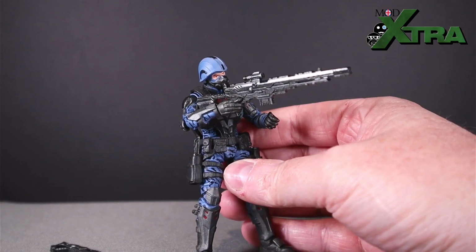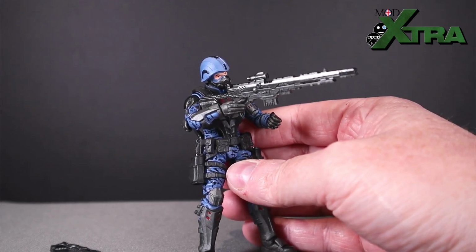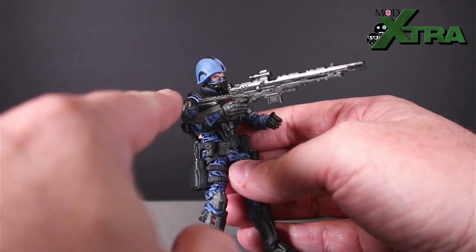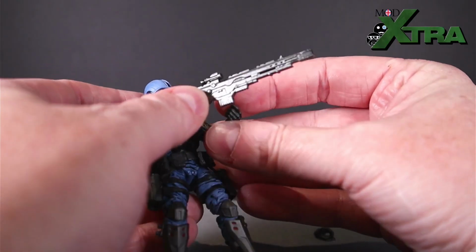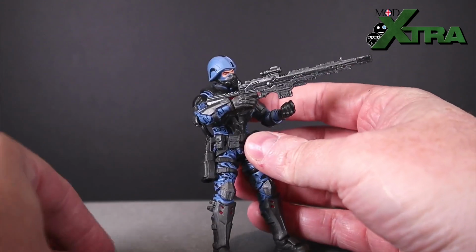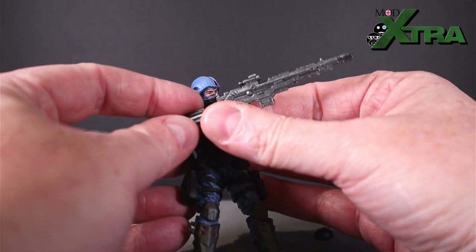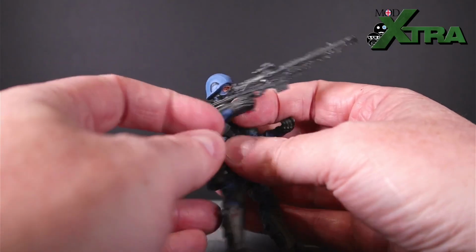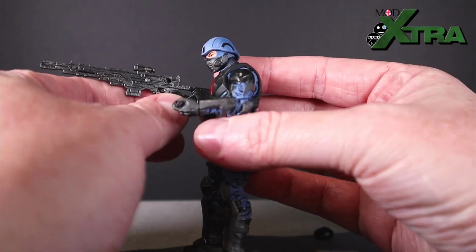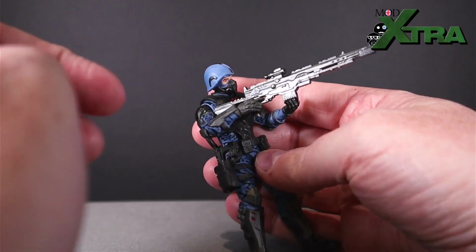The figure also suffers a little bit. I alluded to it earlier. It suffers from the same problem that some of those earlier G.I. Joe Classified figures did, when the bulky body armor across the chest and the design of the weapons means it's very difficult to just get him in a shooty pose with his weapons. That's with both the rifles. I've got the big old sniper rifle in there. You can also see that the handles seem a bit wide for the hands, so you've got this kind of weird stretch with the trigger finger and stuff. I don't know what that's all about, but yeah,